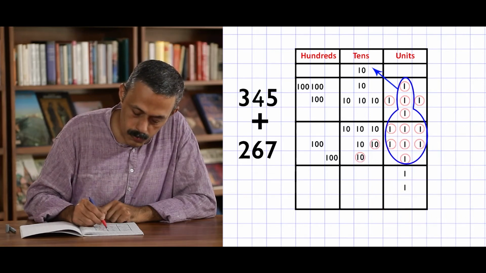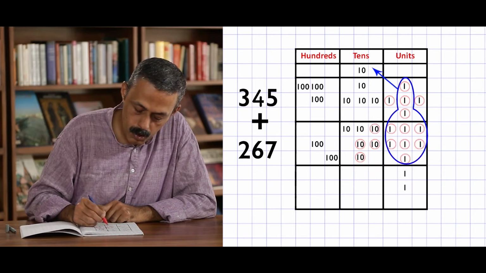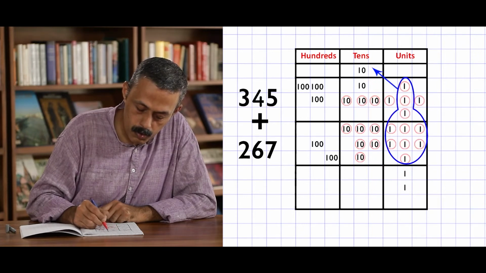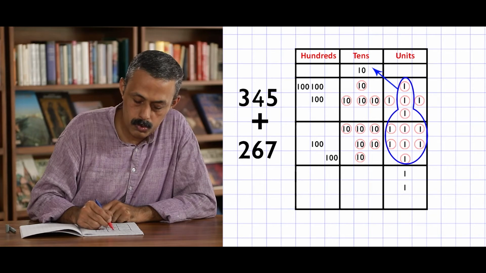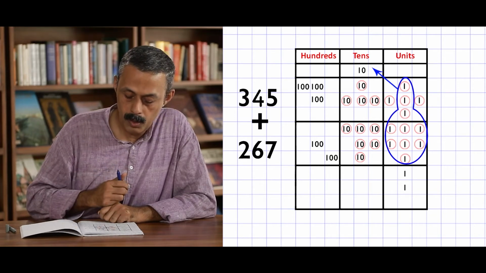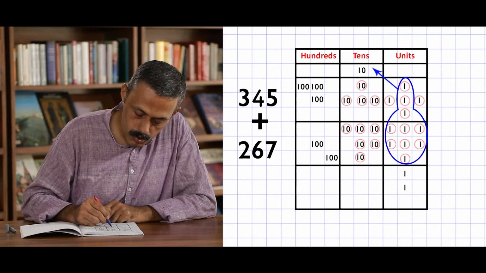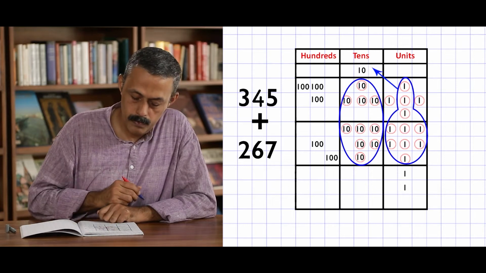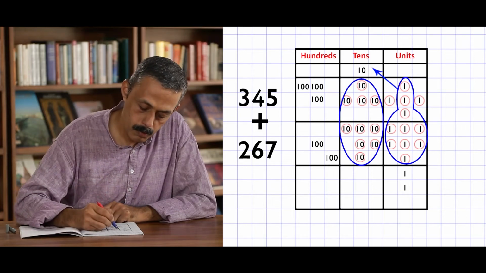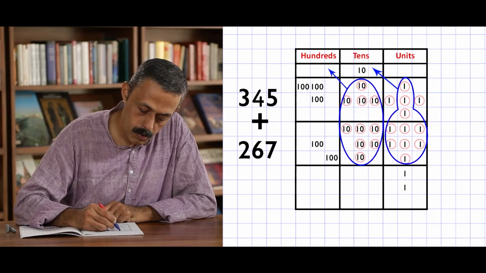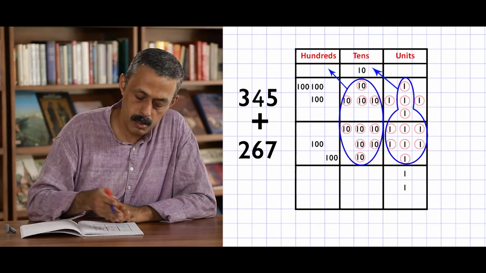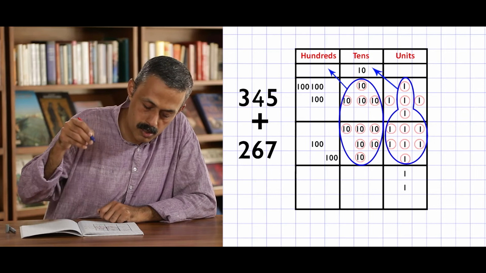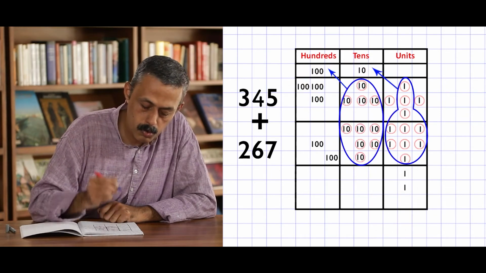1, 2, 3, 4, 5, 6, 7, 8, 9, 10 tens. There is still 1 10 remaining, right? Let us put these 10 tens in one group. What do we do with the group now? We redirect it or regroup it to the next greater place, which is the hundreds place. When I combine 10 tens, I get 100.